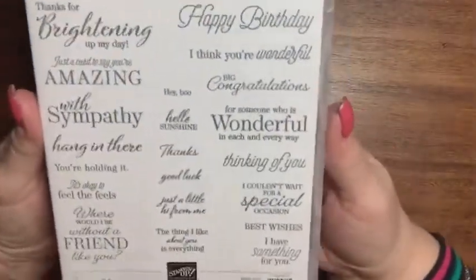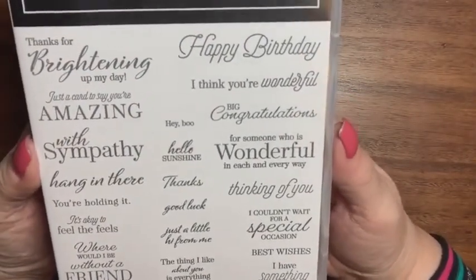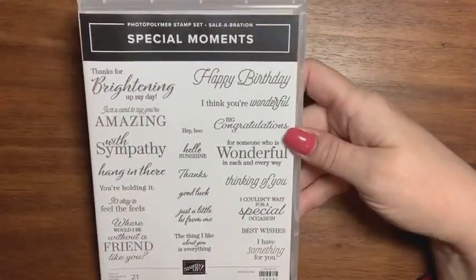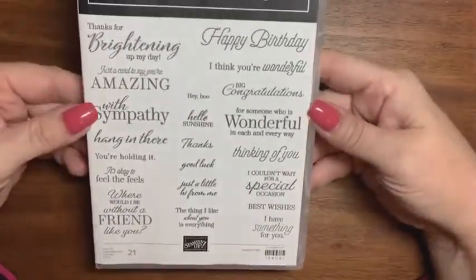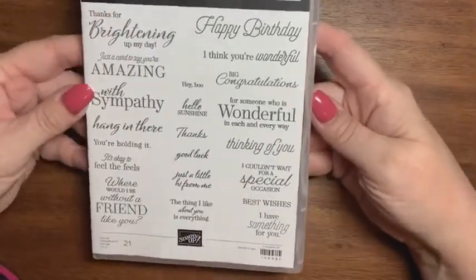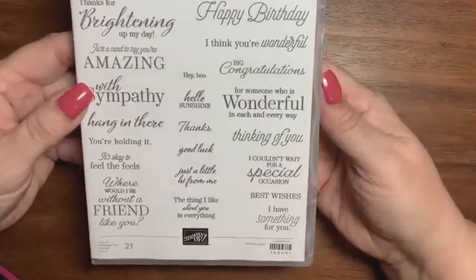Okay, here is a large, look at this, 21 stamps that are all sentiments. This is a celebration set that you can choose with a $100 order. There's everything from thanks for brightening up my day to with sympathy. I have something for you. That sounds